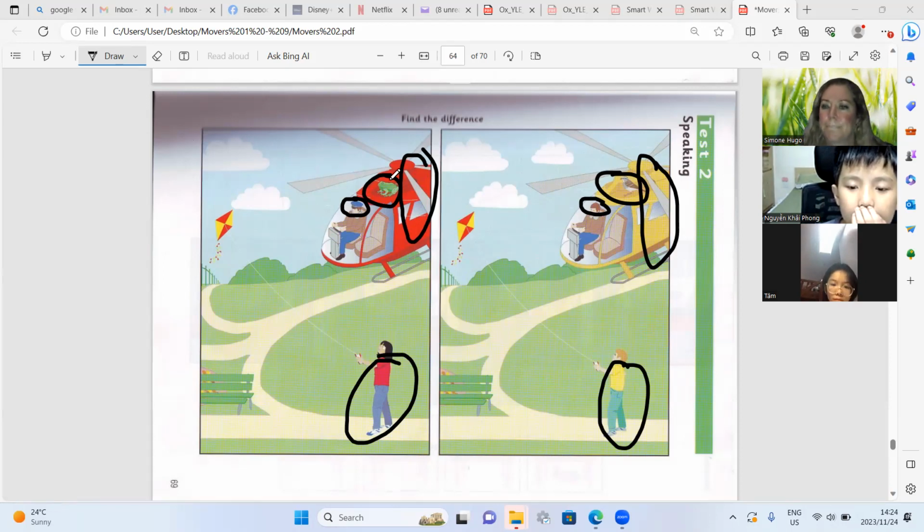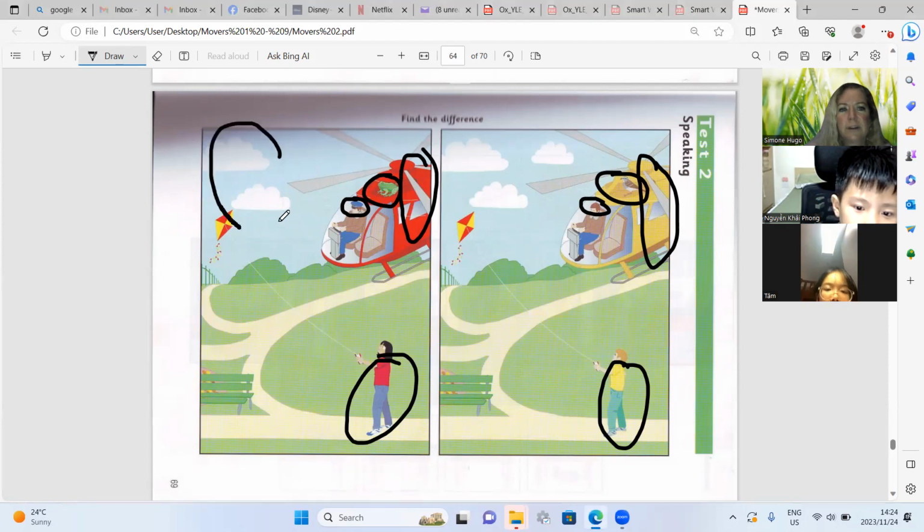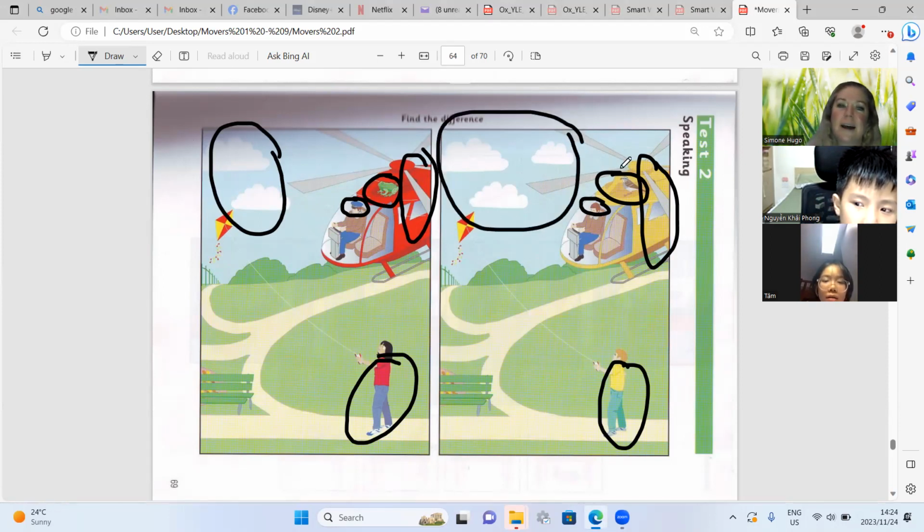But in the second picture, there is a bird on the helicopter. Yeah, okay. Oh, wow. There's actually another one. In the first picture, there are 2 clouds, but in the second picture, there are 3 clouds.